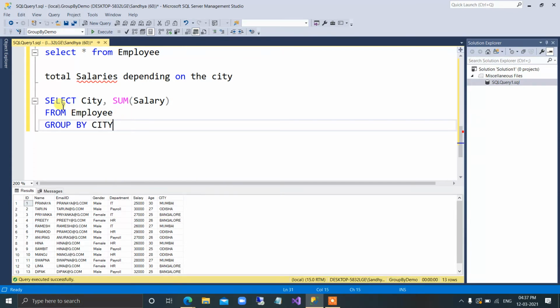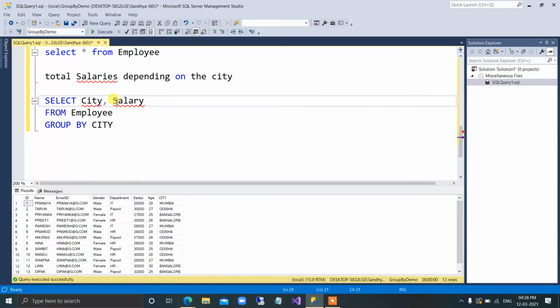See, you said select city, and the group by clause should use one aggregate function. If there is no aggregate function, the group by clause will not work. Suppose I remove this sum, you will see this query will throw an error.